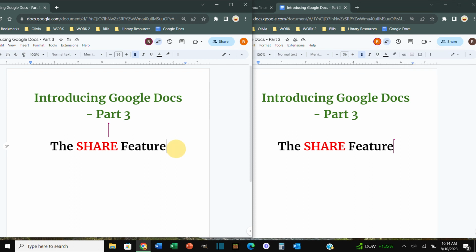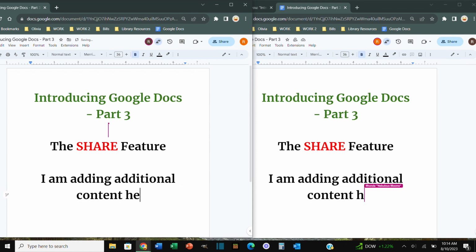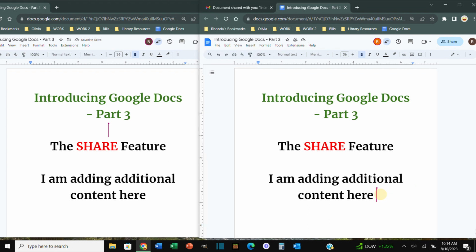So as I type in one area, you can actually see how on the right it says I have this, like, I don't know, maroon or purplish color over here. And if I start typing, I am adding additional content here. Okay, it shows that. But now if I go into the other one and start typing, okay,